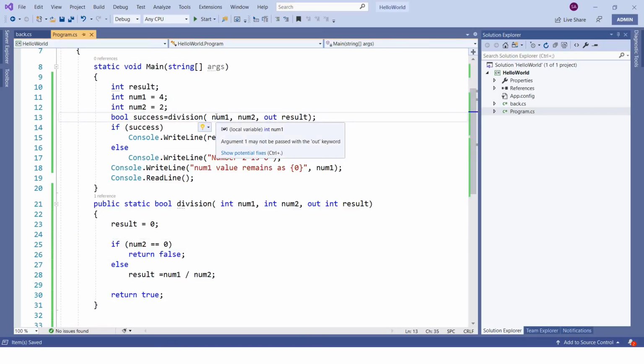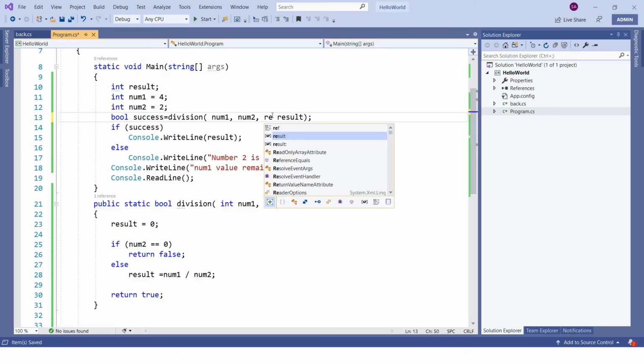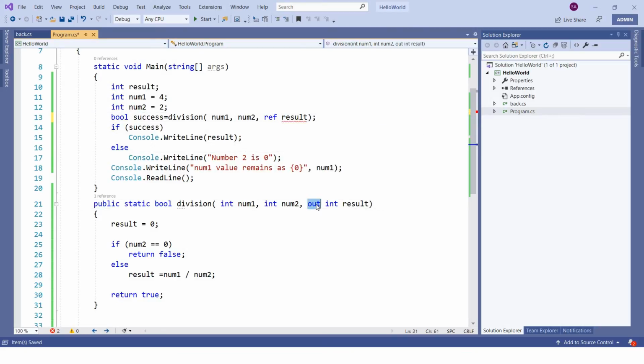Okay, so now next is ref parameter. A ref parameter also uses the same thing. The only difference is you have to pass the ref keyword, and here also it will be ref. But one difference between out and ref is, before passing a ref variable, you have to initialize it. Currently you see in result we have not initialized it, that's why it is giving an error if you are converting it to ref. So, use of unassigned local variable, that means if you are using ref, you have to make sure that you have initialized that variable which you are passing as ref.